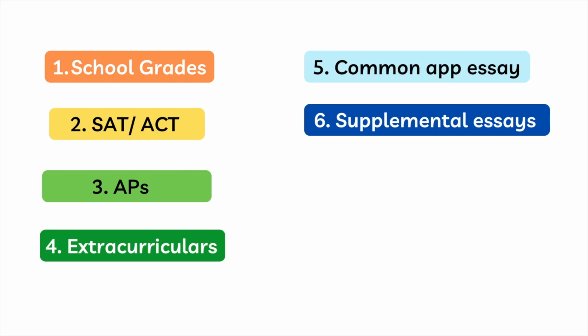The final component of your application is your essays. One of the best things I've ever heard in regard to this was something said to me by a Stanford alum, and this really stuck with me. She said that it's really hard to write interesting and compelling college essays if you haven't had diverse experiences. So before you put pen to paper, most of the work has already been done,